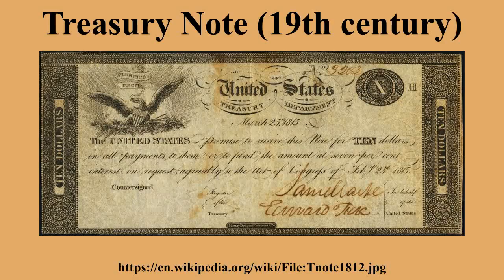Most of these notes paid 5 2/5% interest, matured in 1 year, and were receivable in payment for public dues. While $37 million were issued, no more than $17 million were outstanding at any one time. 5 acts authorized these notes. The first, on June 20, 1812, authorized 1-year Treasury notes at